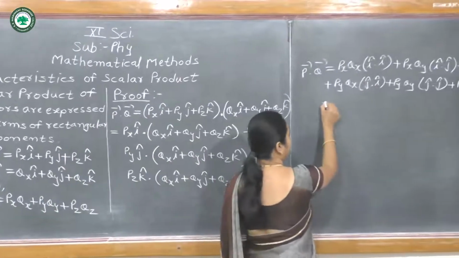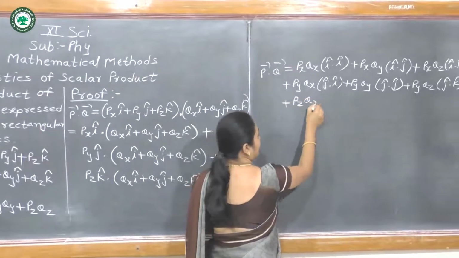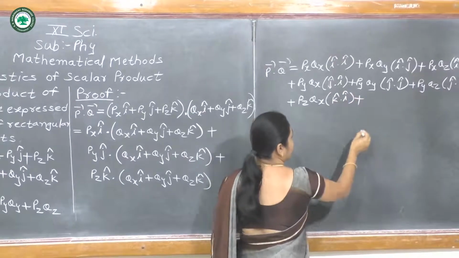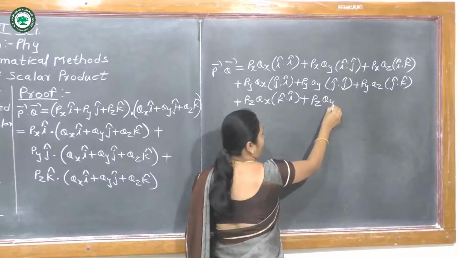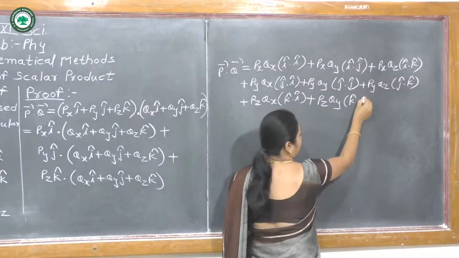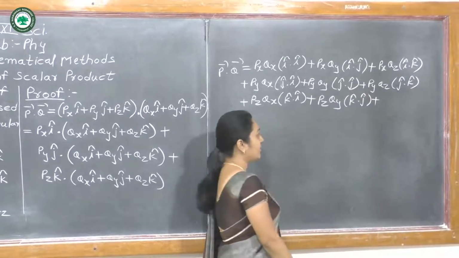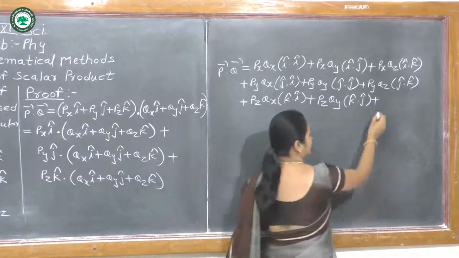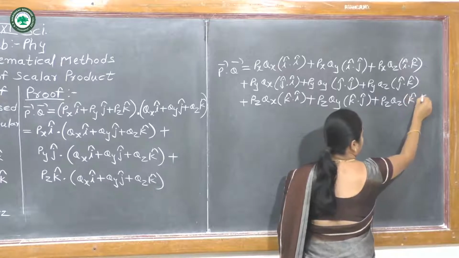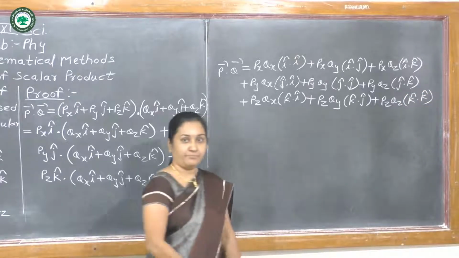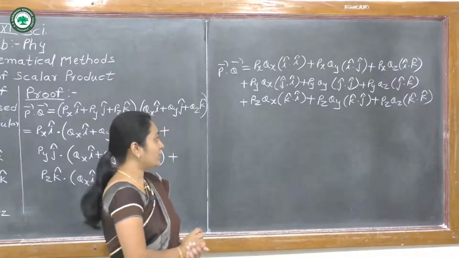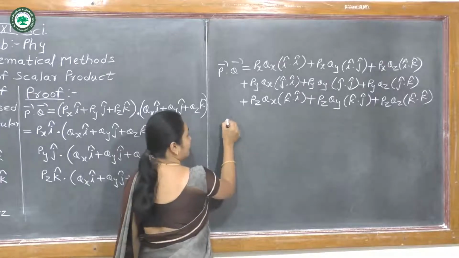So we can write here Pz Qx k dot i plus Pz Qy k dot j plus Pz Qz k dot k. But when we studied the characteristics of the scalar product, we know that i dot i,